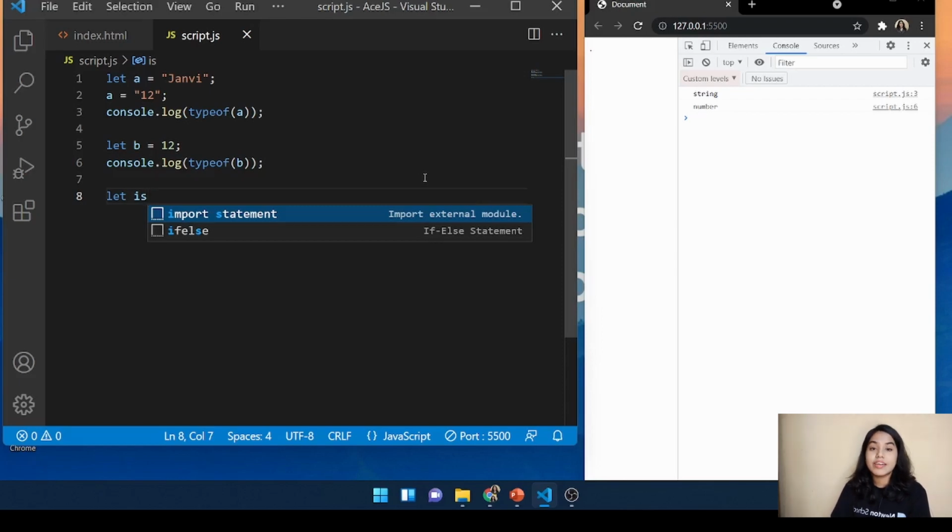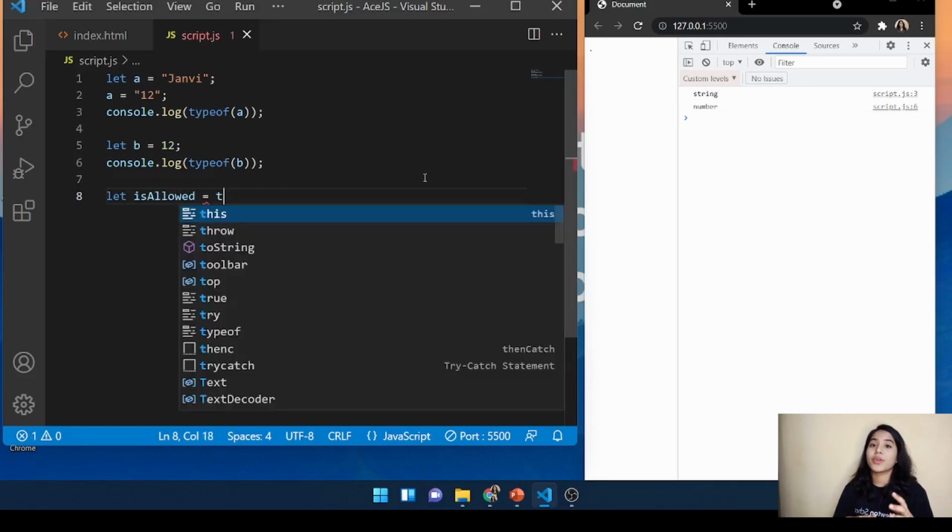Now I am using let here because from the beginning we should have this habit of writing let. If you don't know why let and why not var or const, I suggest you see this video, because in detail I have explained everything about variables and variable keywords. There is nothing like this is wrong or this is right, but all three have their own purposes to use at the right time. But I feel that we have to use let, so that is why we are using let here.